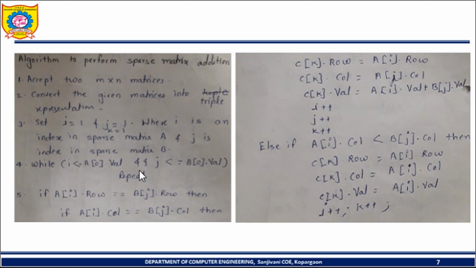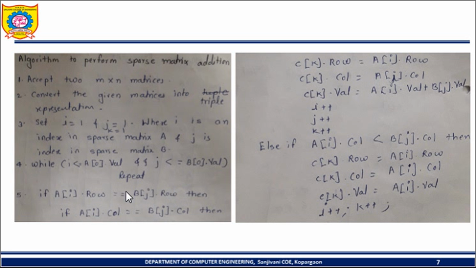When both conditions are true, what do we have to check? We have a number of conditions, taken in the form of a ladder if-else, that is, nested if-else. First we check if A of I dot row value is equal to the B matrix's jth row value.